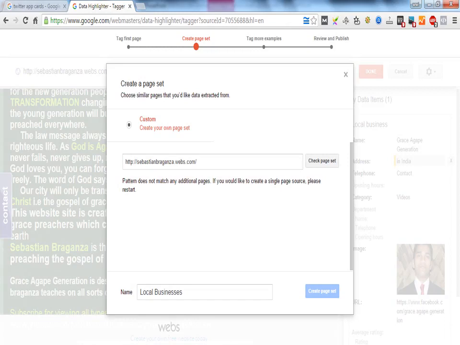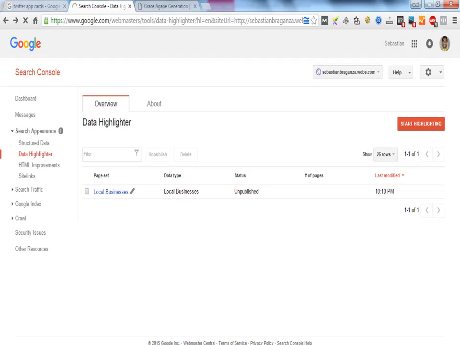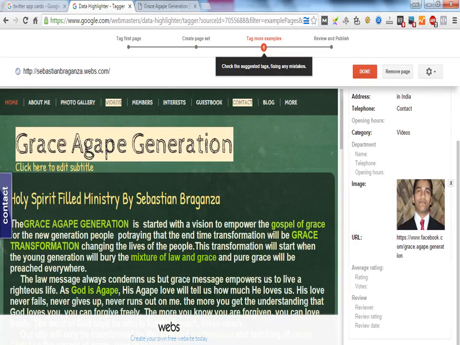This pattern does not match any additional pages. If you'd like to create a single page source, please restart. Then it will ask you to restart. That means when I'm again on my same page, I can just click on this local business. Maybe it has been saved, and I just click it once again and try to edit once again. Right now I can tag more examples. That means when you go and try to edit once again, this time maybe you have only tagged a single page,